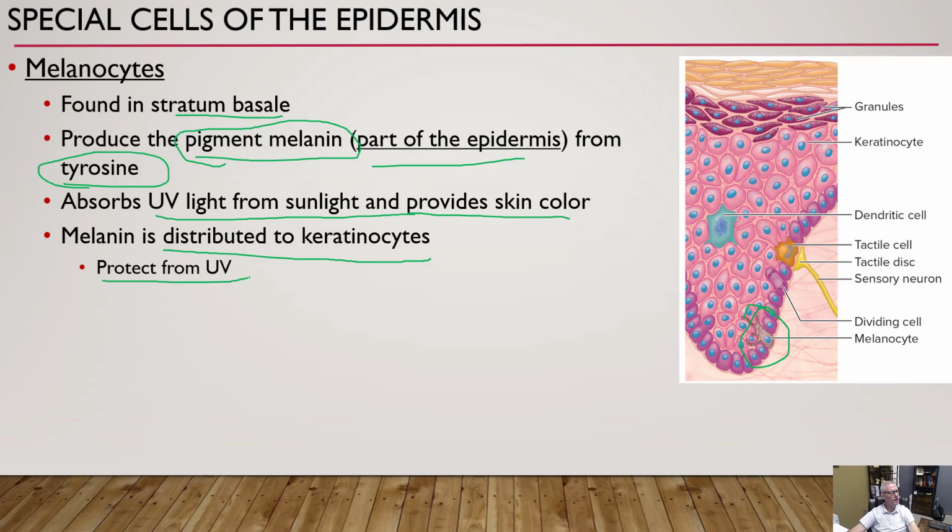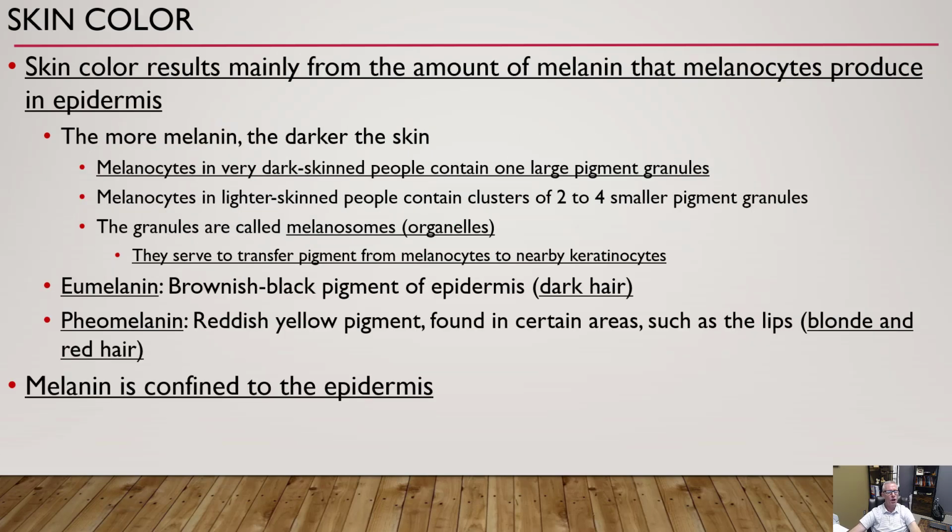And they do provide a little bit of protection from ultraviolet exposure. All right, so skin color in itself is mainly because of the amount of melanin that those melanocytes produce. A general rule of thumb is that the more melanin you have, the darker skin that you will have. However, there is a genetic component to it, because you can take